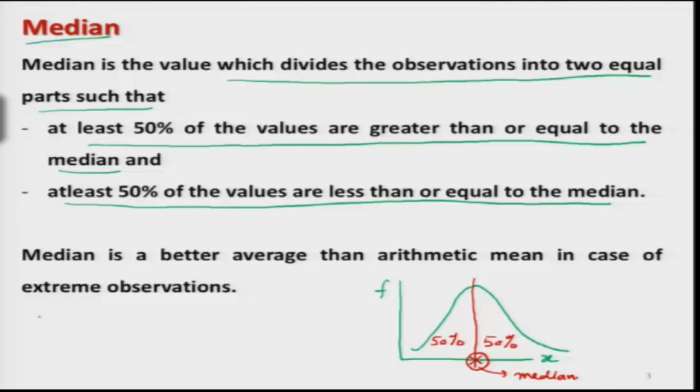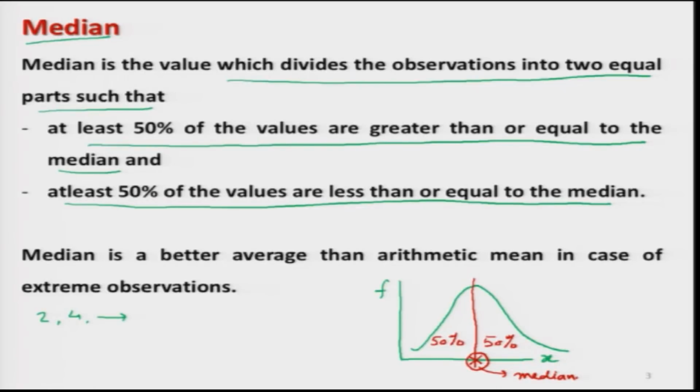Okay. Now, if you try to compare median with arithmetic mean, then in all those situations where we have got extreme observation, that means some observation which is taking very high value, then in those cases this median is preferred. Why? Because if you try to see, suppose I take two values, 2 and 4, and